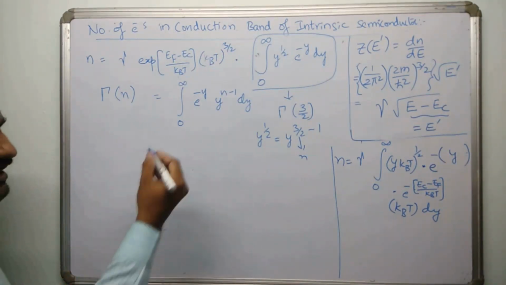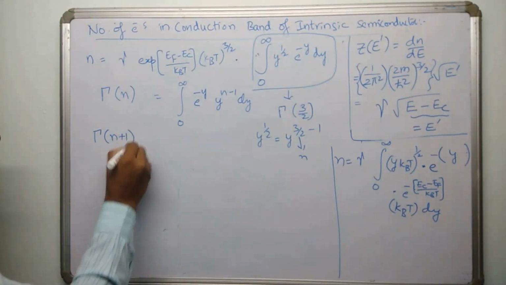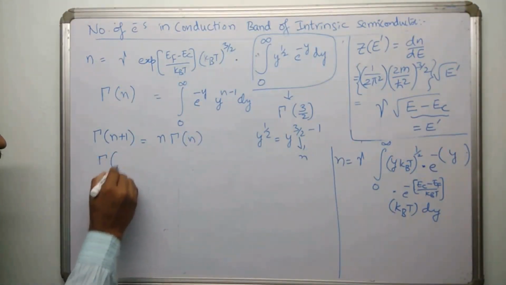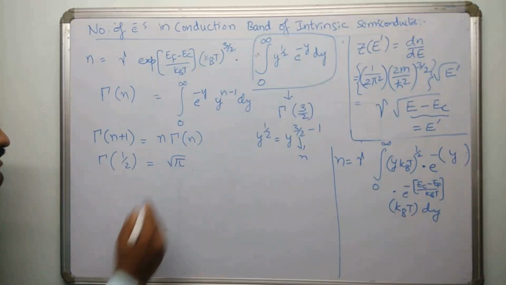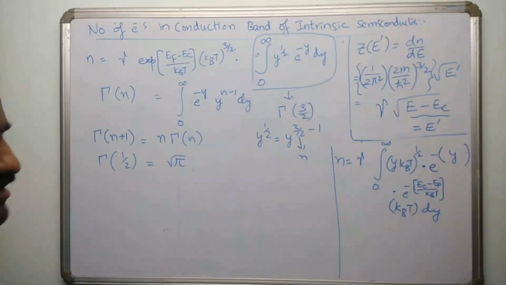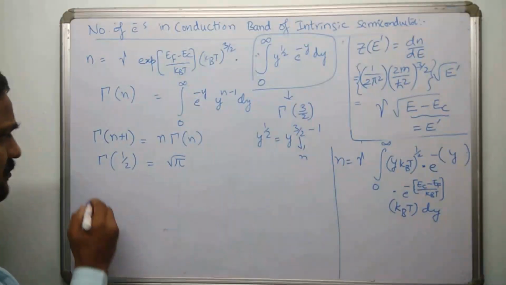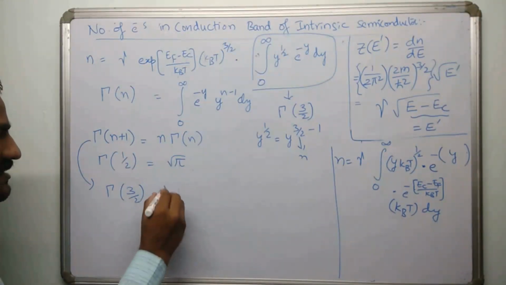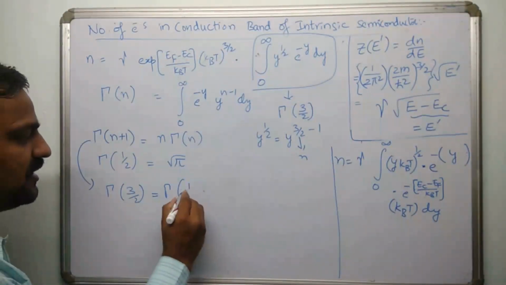There is another identity in special functions, in beta gamma functions. If you have gamma n plus 1, you can write this as n gamma n. This is one more thing. And gamma half is equal to root pi. So these are some standard values from beta functions, right? I don't know whether you have been taught this or not, but please take it for granted. So these things you have to remember. So gamma n plus 1 is equal to n gamma n. As I know it is gamma 3 by 2, I use this expression. In place of 3 by 2, I can write 1 by 2 plus 1.